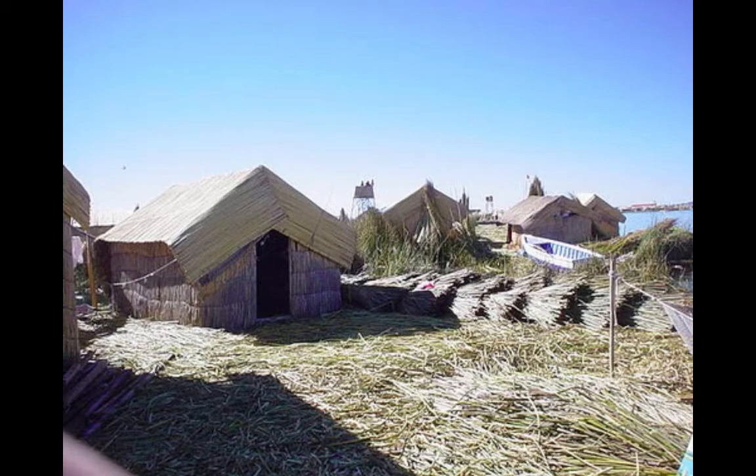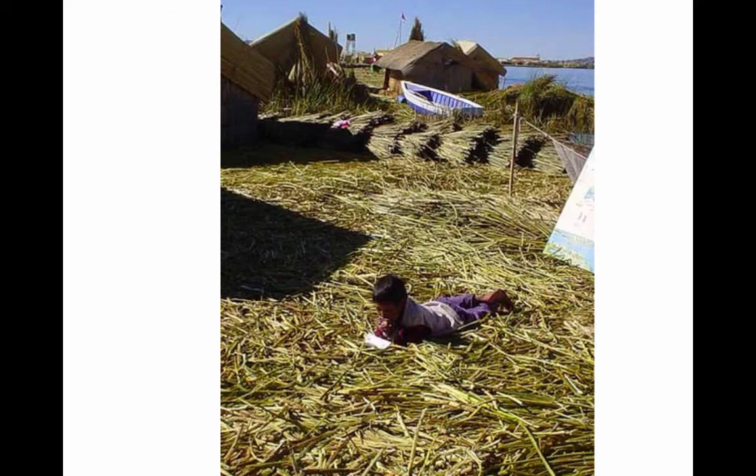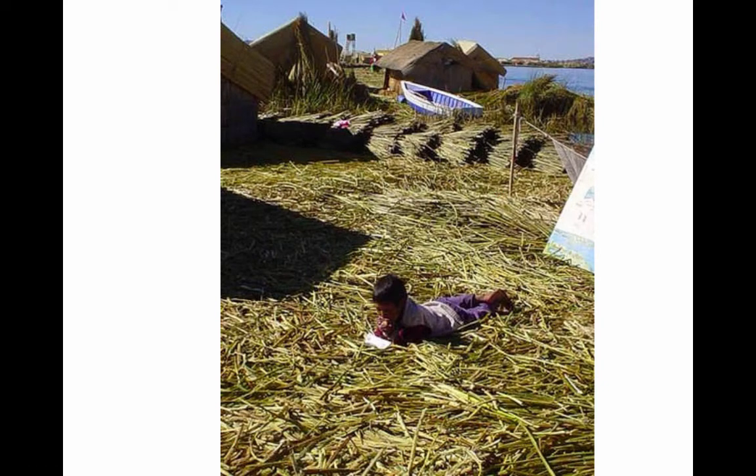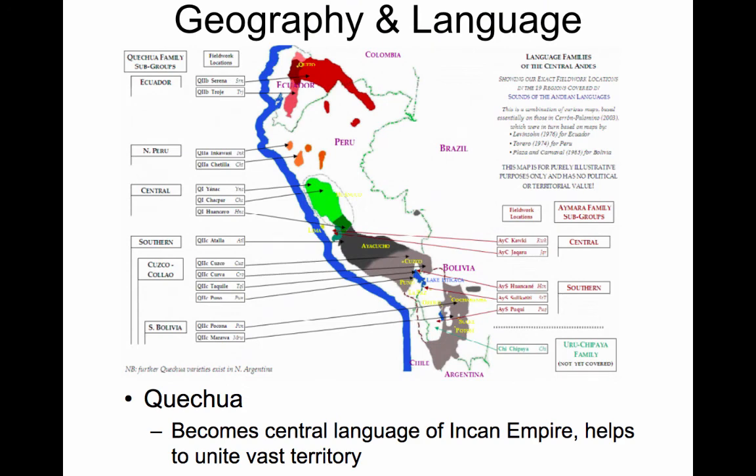This one is set up for visitors to come and check out, because otherwise everyone's like, no, I don't want tourists hanging out in my house. So you can go and visit a set up island and then not bother the local people there. There's a little kid who was hanging out, drawing on it. I found it fascinating that their answer to the Inca, since they couldn't fight them, was to run away. And then they end up building this whole community on these reed rafts on the lake.